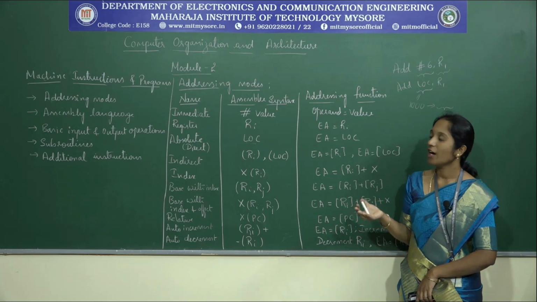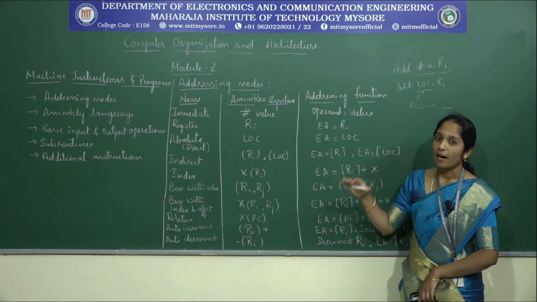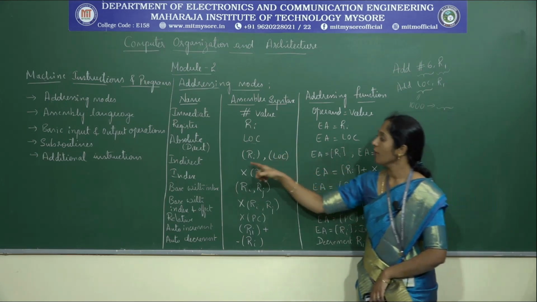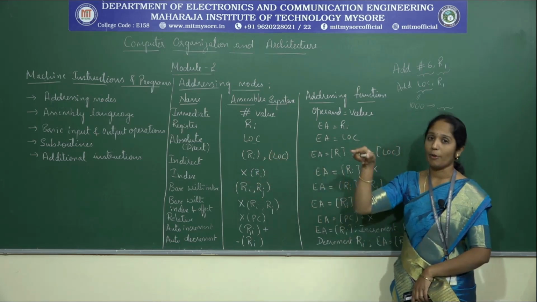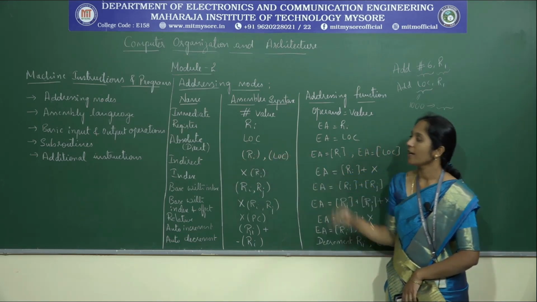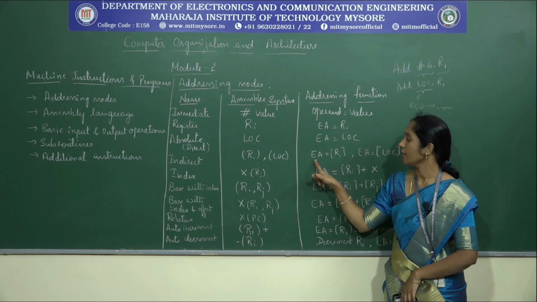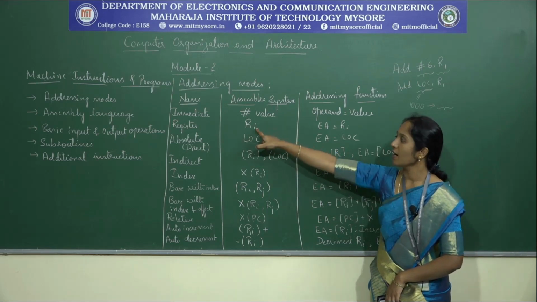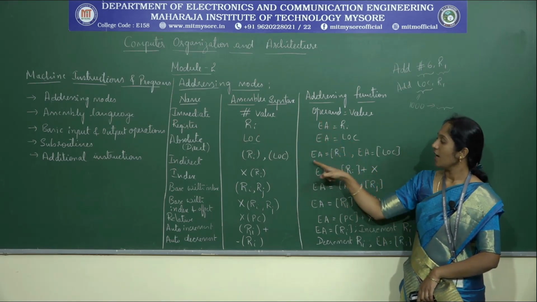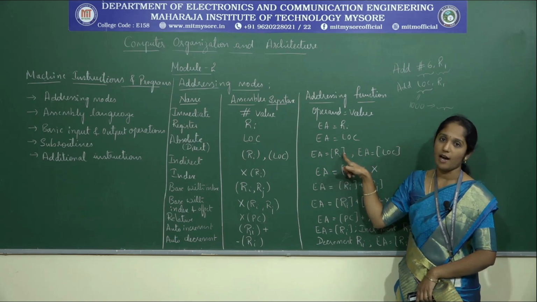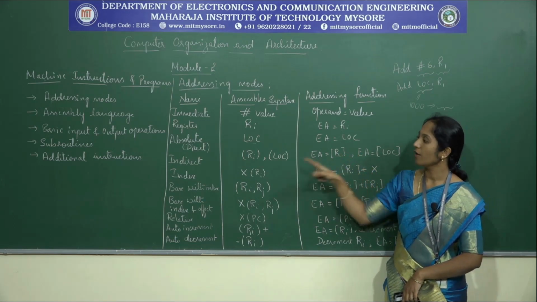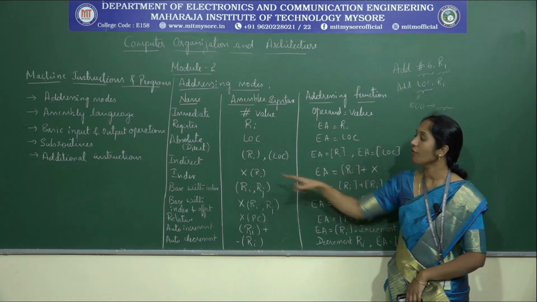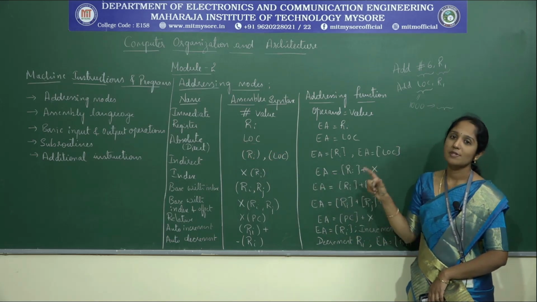Instead of that, we are going to give the address in either a register or a memory location. The contents of these will contain the address of the operand. That is nothing but the indirect addressing mode. In this case, effective address is equal to contents of Ri. Instead of directly specifying Ri, we are saying the effective address is present in Ri. This is the function of the indirect addressing mode using a register.